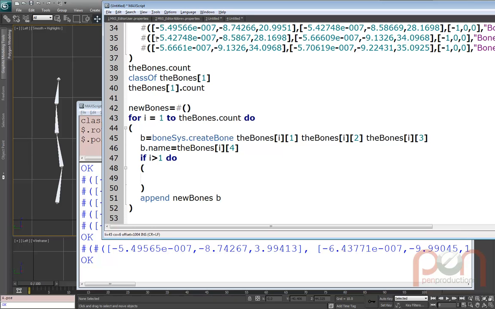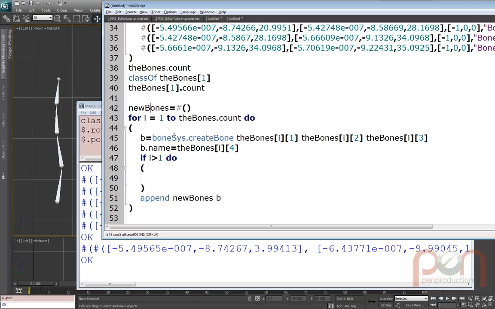It's going to use values that we've stored in our array. It's going to name the bone. We'll just ignore this for the moment. Then it's going to append the bone to this bone array, and this bone array is going to get longer and longer and bigger as it grows. So if it's gone through and i is now equal to 2, it should have already appended a bone to